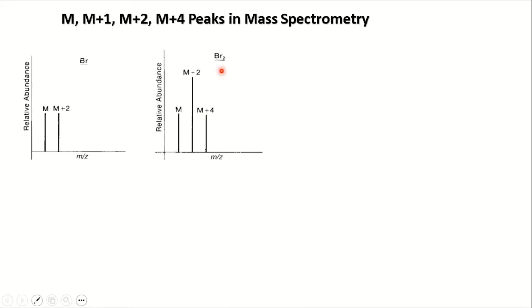Okay, this Br2 dot plus will give rise to 3 peaks. You will be looking at how things are happening. If you look here, M is smaller than M plus 2. So the peak M plus 2 is now projected as the base peak, the bigger one.